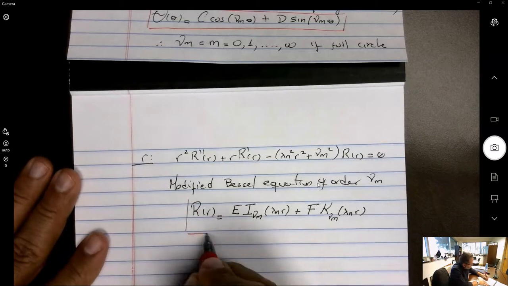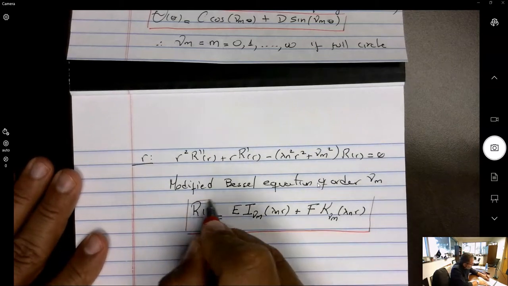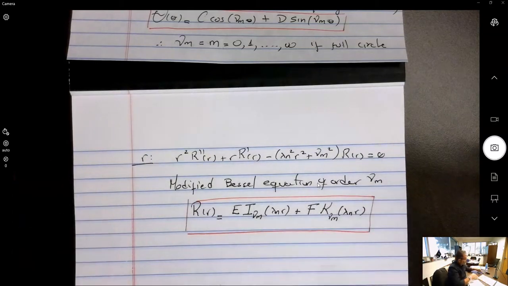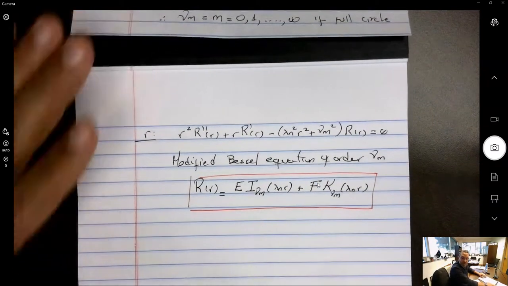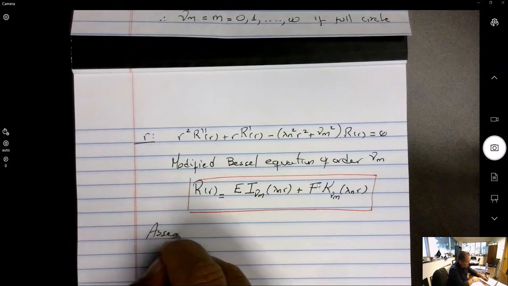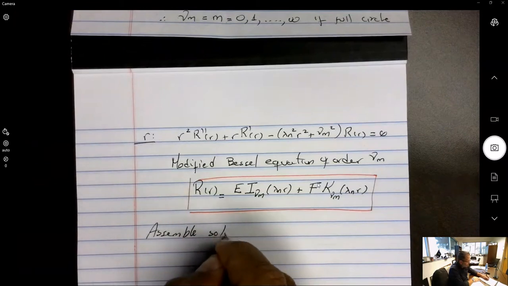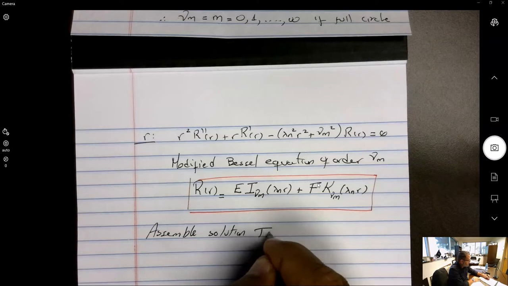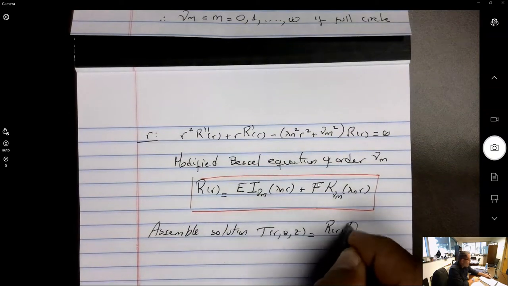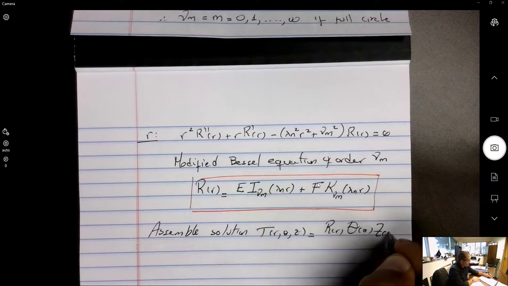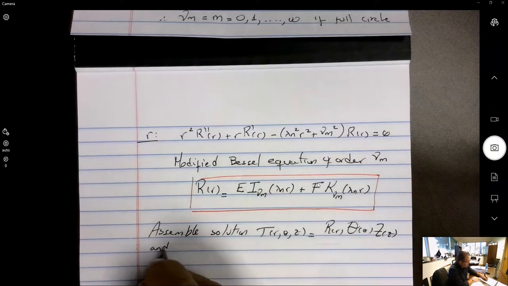And now we have enough to construct the general solution. So assemble solution T of r, theta, z equals R of r Theta of theta Z of z, and apply